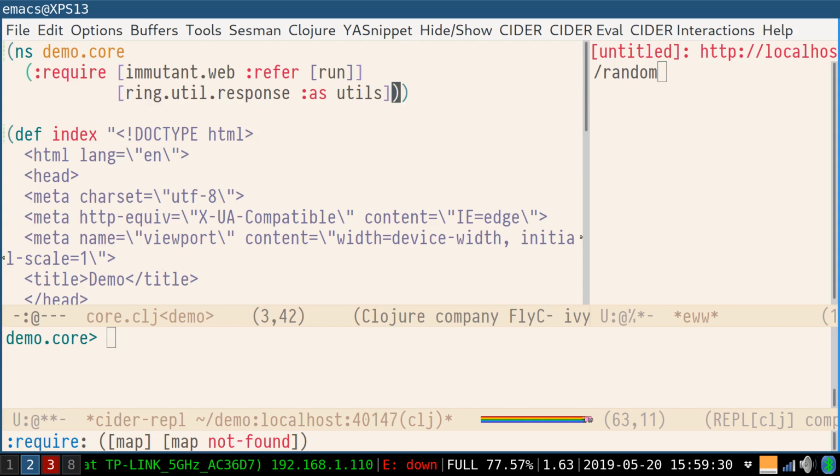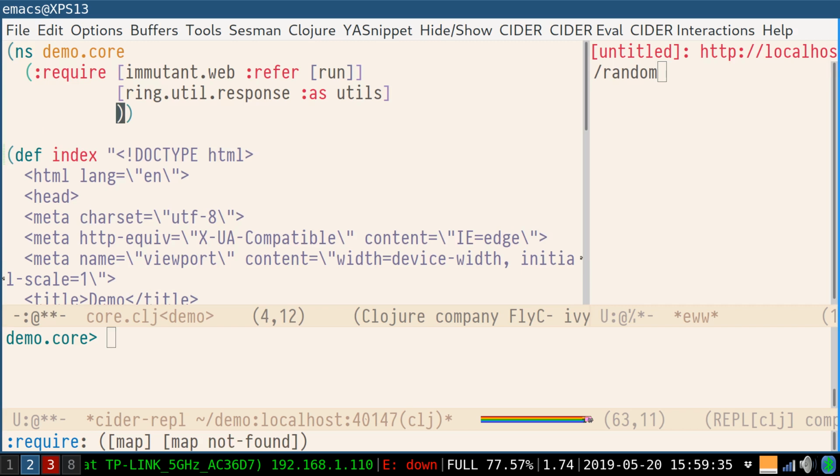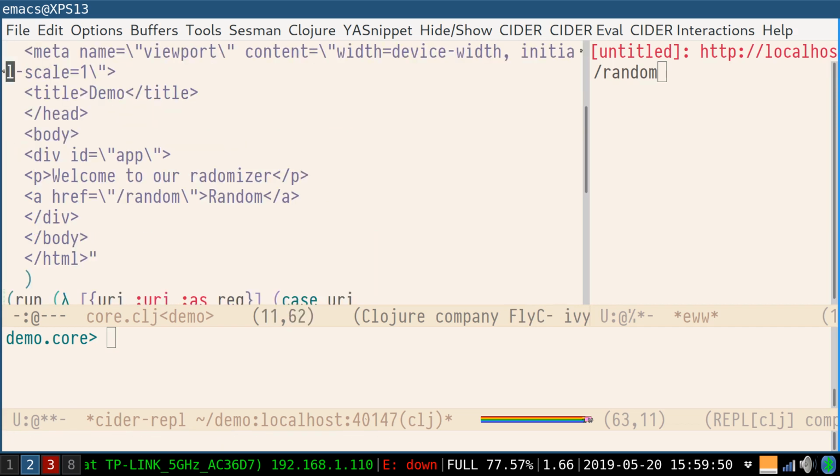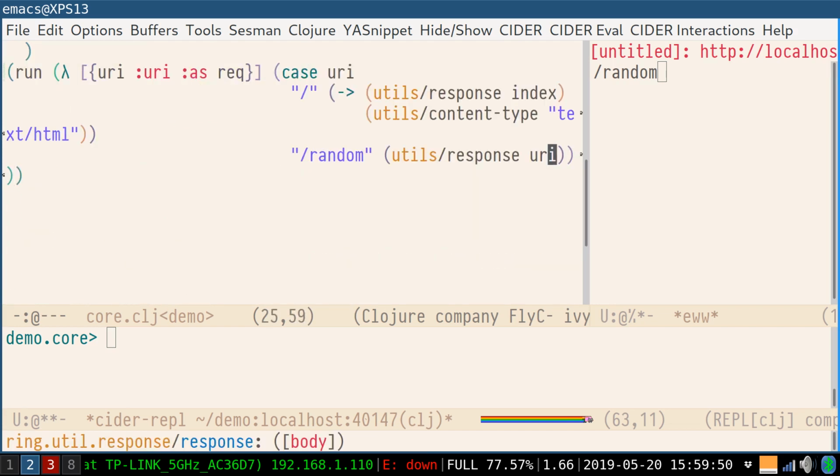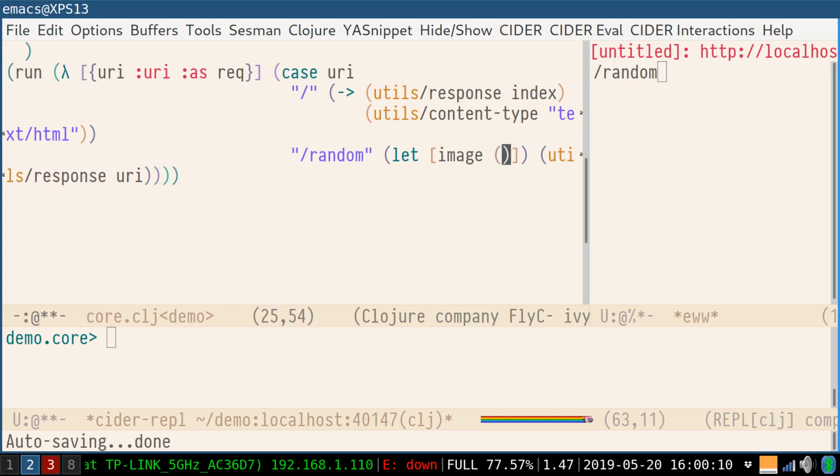I know that I will need Clojure, java.io, code.io, and I'm going to respond here with an image. Which I will fetch